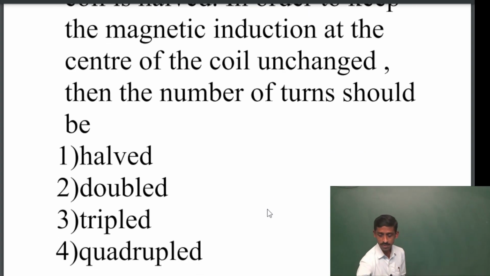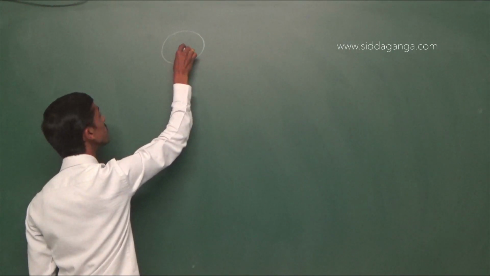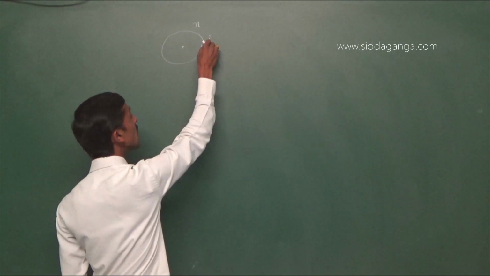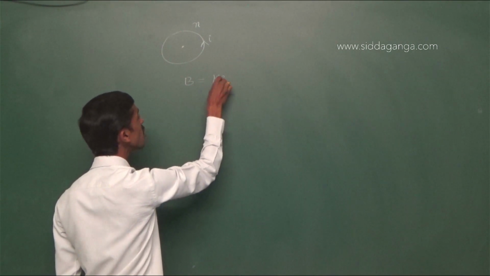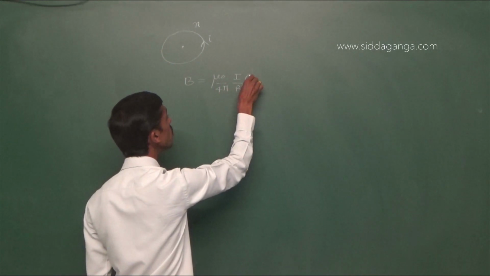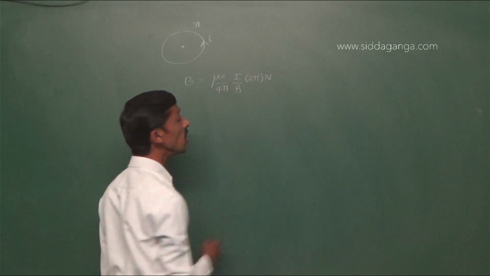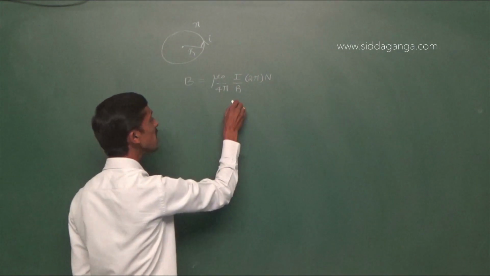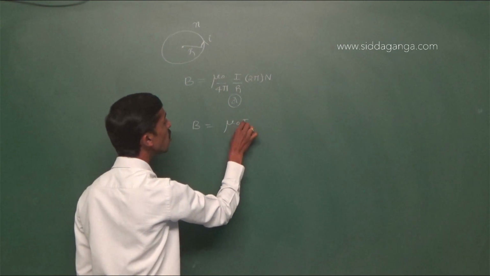We know the magnetic field at the center of the circular coil. If N is the number of turns and I is the current, then the expression for the magnetic field at the center will be mu naught by 4 pi, I by R, into 2 pi. This is due to 1 turn. If there are N turns, multiply by N. If R is the radius of the coil, the same expression can also be written as B equals mu naught I by 2R